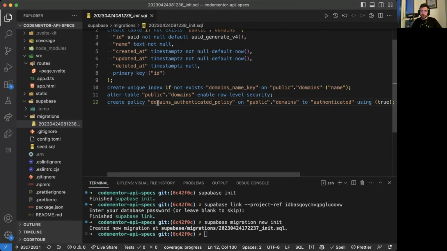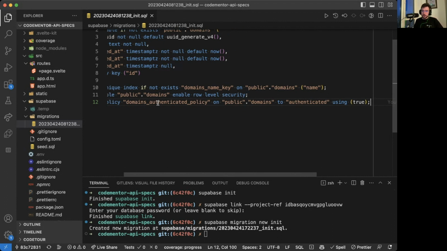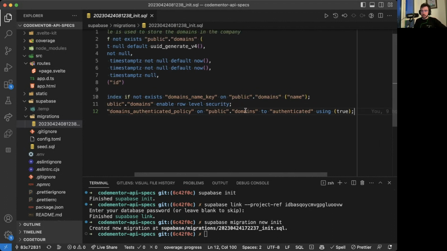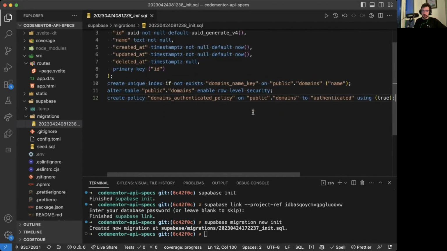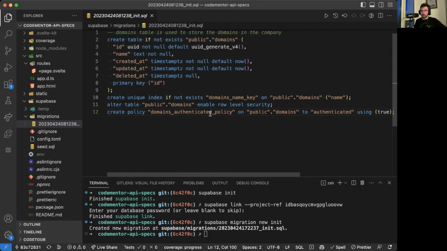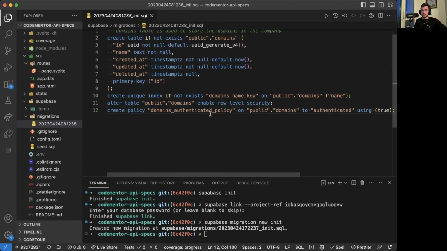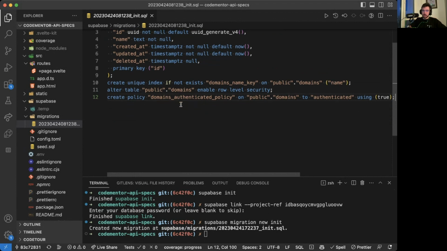Row level security is a way to protect your data in Postgres or in other SQL databases. We can create a policy and allow access to domains only to authenticated users in Supabase. So you won't be able to use Postgres, for example, to query domains if you are not authenticated in